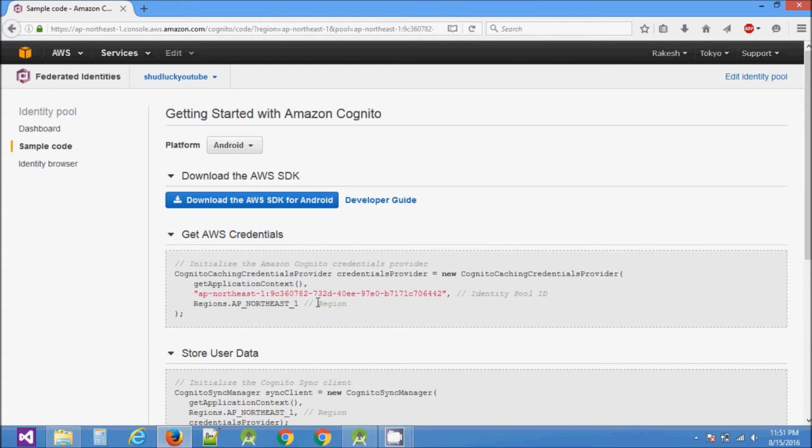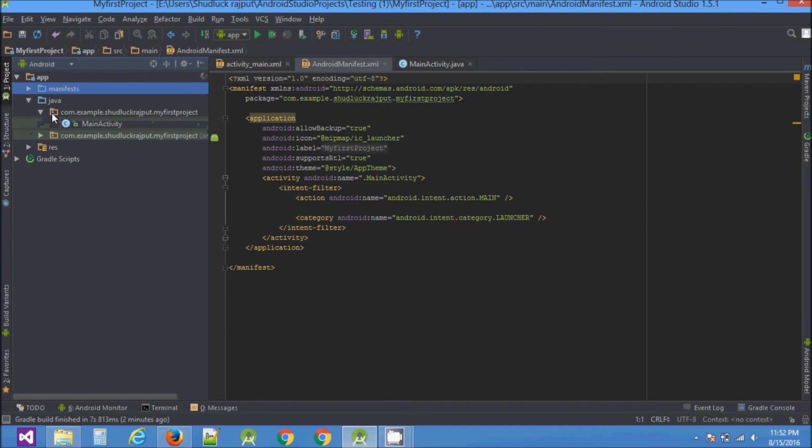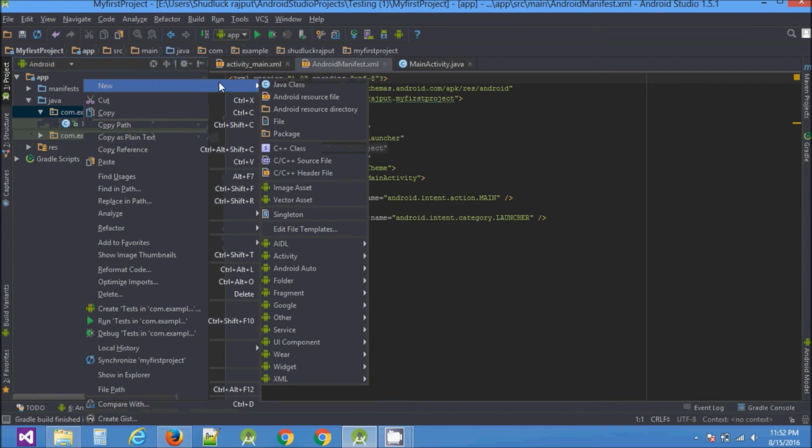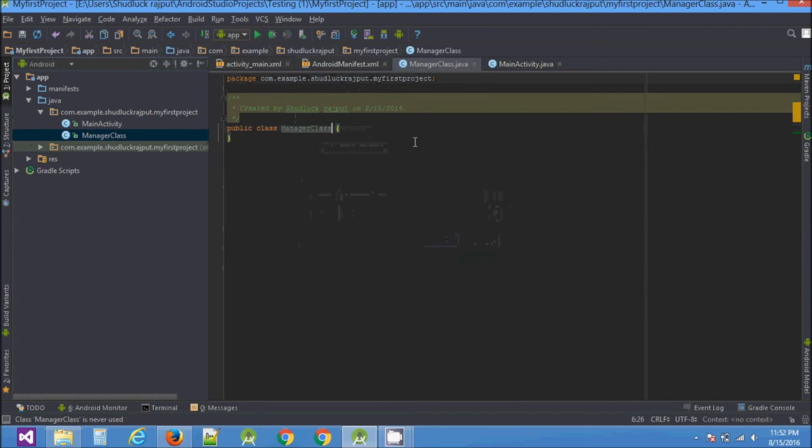So let's get back to Android Studio. Here we will be creating a Java class. Right click, Java class. I'll name it manager class. Here everything related to Amazon Web Services will be included in this class only, so we can easily access them. Okay, so this is my starter code.